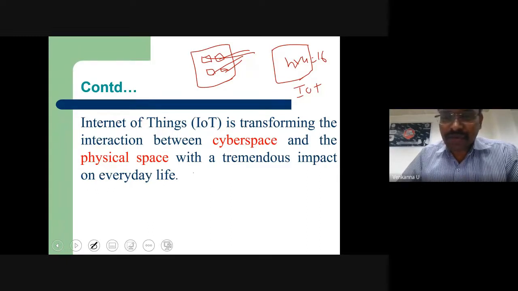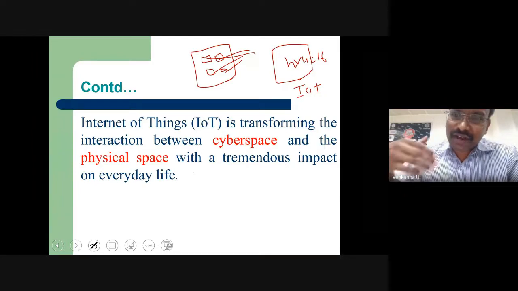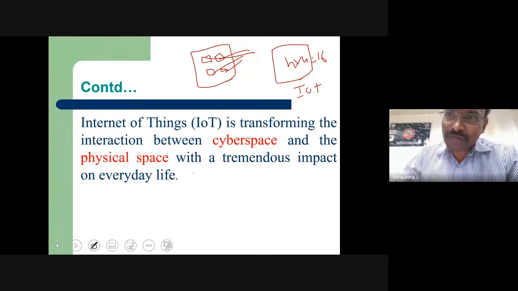Please remember, once upon a time when they introduced mobile banking and web banking, people laughed. Is it possible that someone can sit at home and do the transaction? Now it is reality. Similarly, IoT is also in the infancy stage. That's why AICTE and most of the institutes are offering courses in the IoT area, because in the coming days there will be a lot of research as well as a lot of job opportunities.